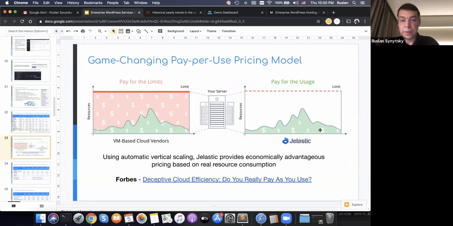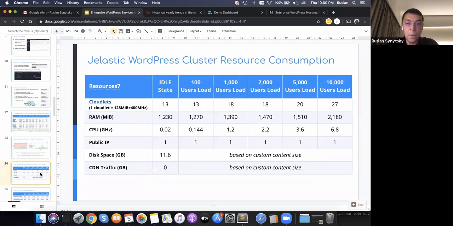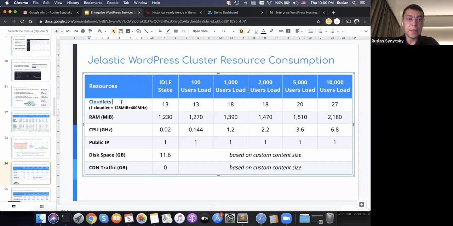And there is a big room for vertical scaling, which is actually much easier compared to horizontal scaling. So we did again performance testing and analyzed how much resources were consumed by clusters at different loads. The basic unit is the cloudlet, we call it a resource unit.